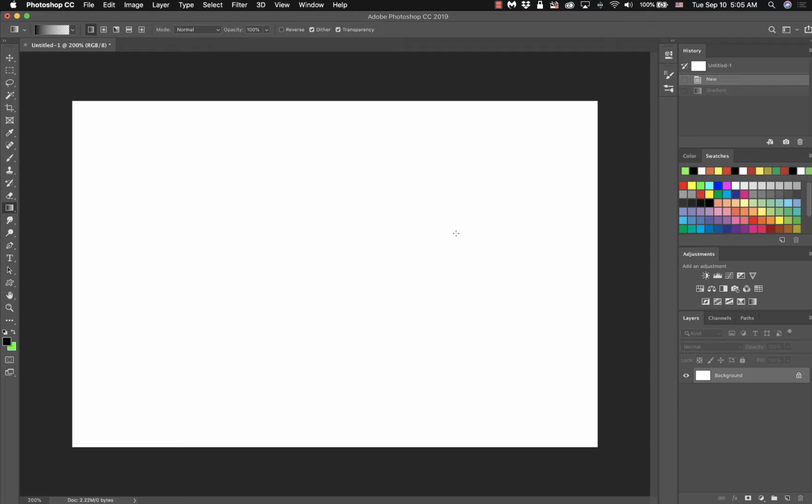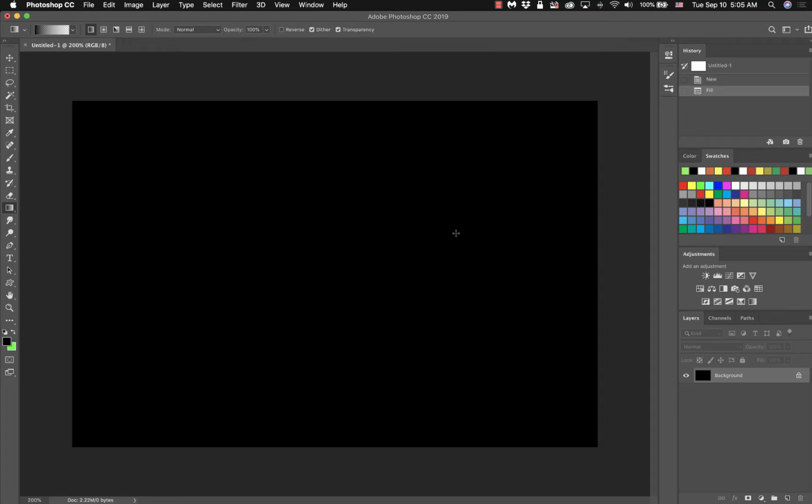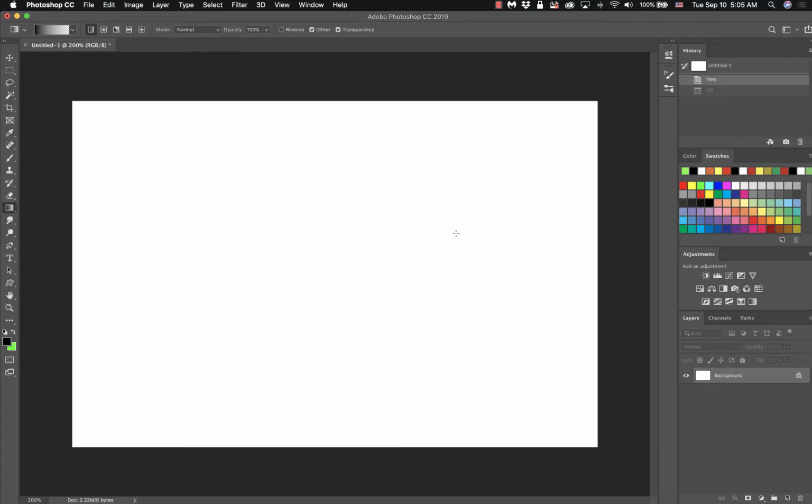So hold down Alt or Option and hit the Backspace or Delete key on your keyboard. Oh, I'm sorry, that's the opposite of what I wanted to do. You're going to hold down the Command key on the Mac and hit the Delete key. There you go. Now for you Windows users, it's going to be hold down the Control key and then hit the Backspace key. That'll fill